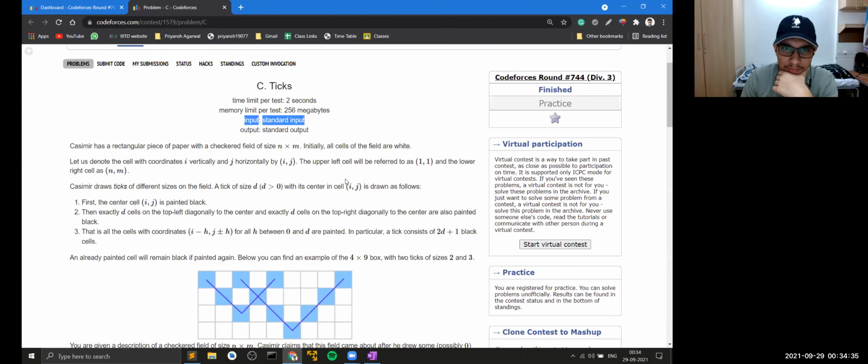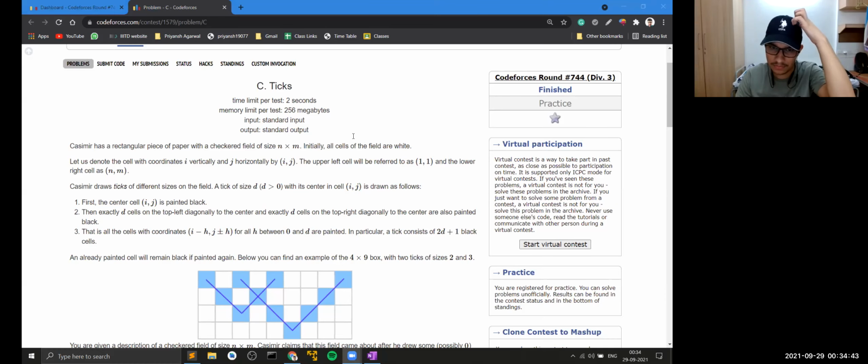Okay, now, can somebody tell me if you were able to do this problem or you weren't able to do this problem during the contest? Maybe you can write it in the chat.